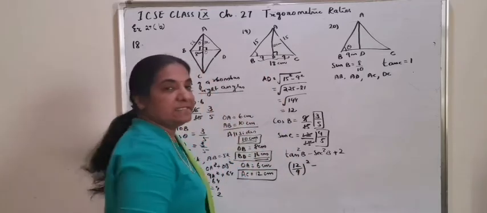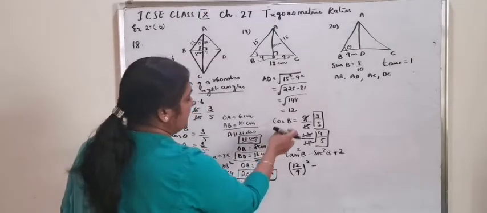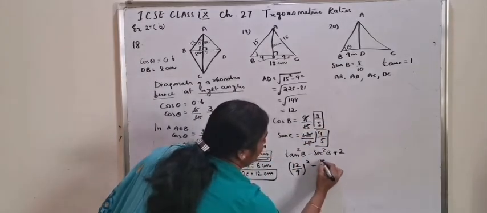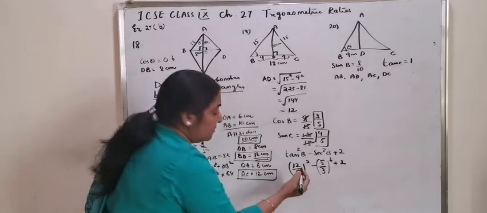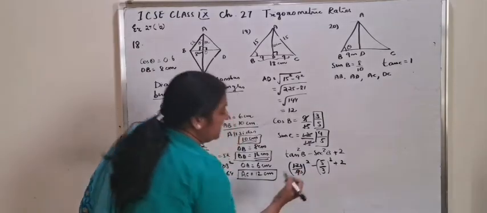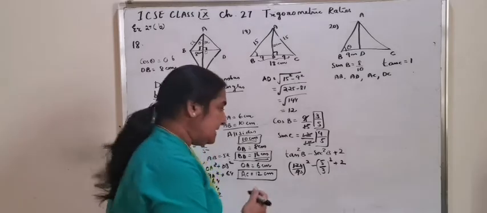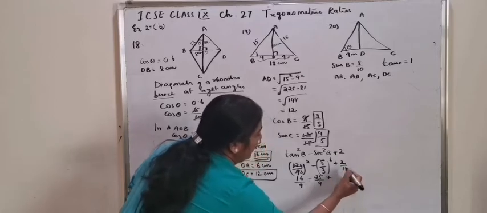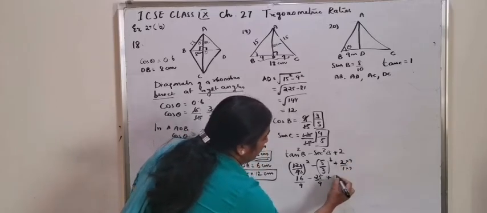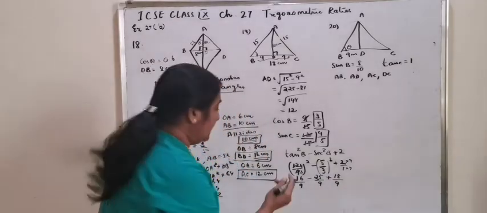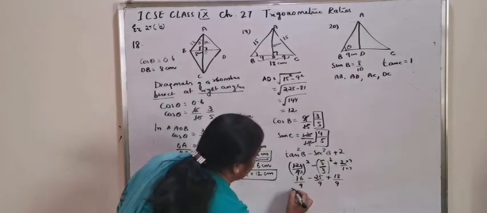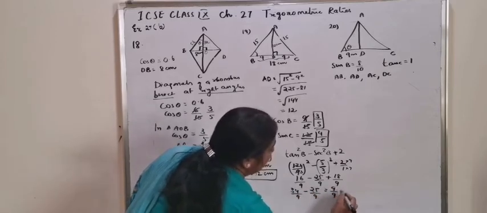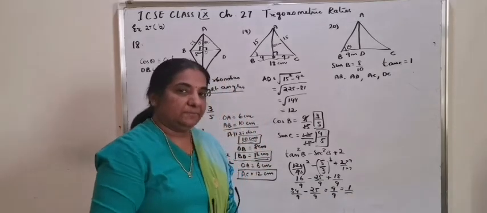the whole square, minus sec B is the same as reciprocal of cos B. Cos B is 3 by 5. So 5 by 3 the whole square plus 2. Let's reduce here also with 3, 4 by 3 the whole square so that the calculation will be easy. So it is 16 by 9 minus 25 by 9 plus 2 by 1. That means into 9 into 9, 18 by 9. So 16 plus 18 is 34 by 9 minus 25 by 9, which is equal to 9 by 9, or the answer is 1.